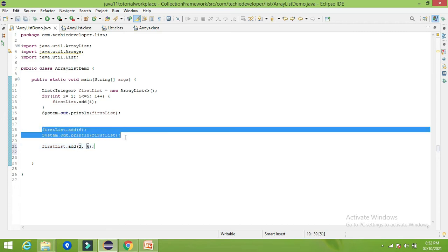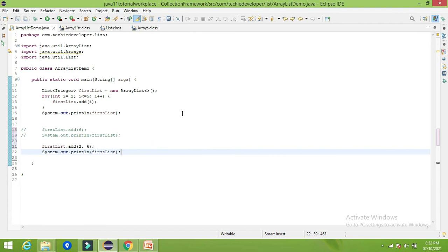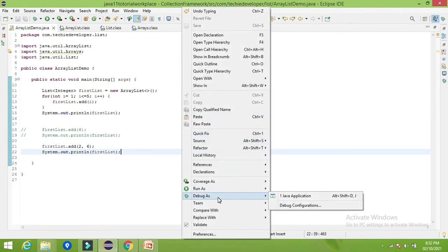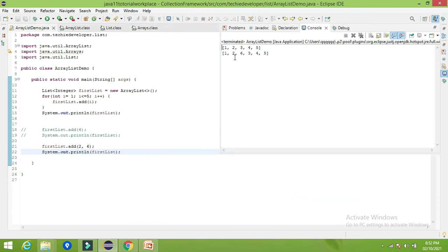So let me comment this part. Now I want to print this. So what will be the result now? The 6 should be added at the third position. Here you can find 6 is at the third position.